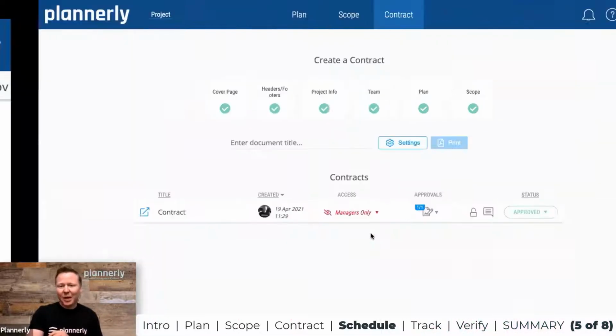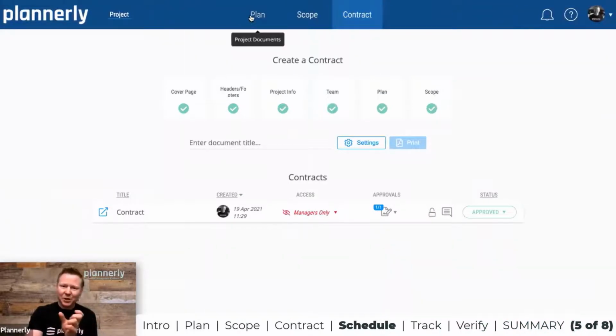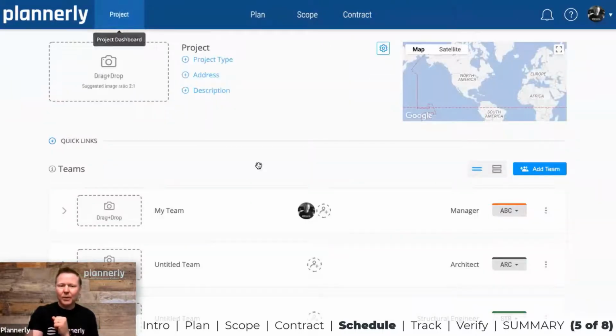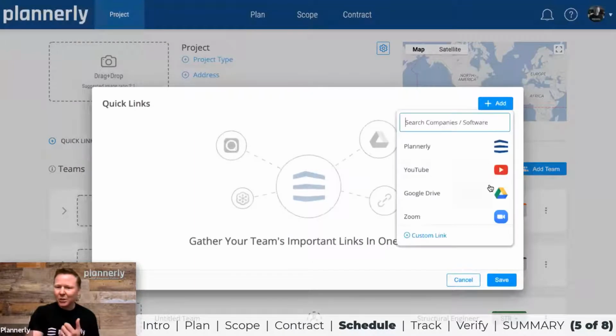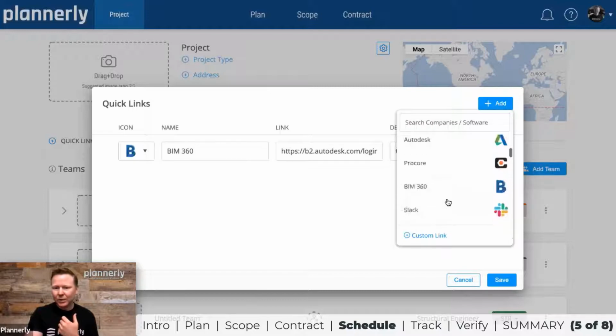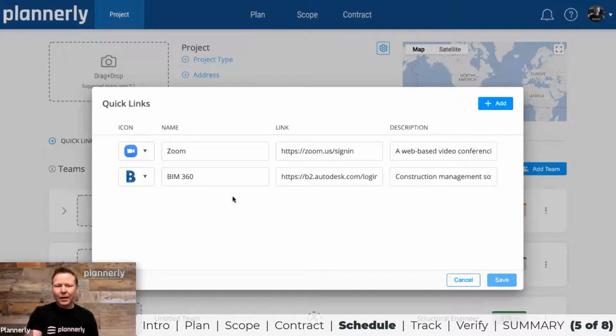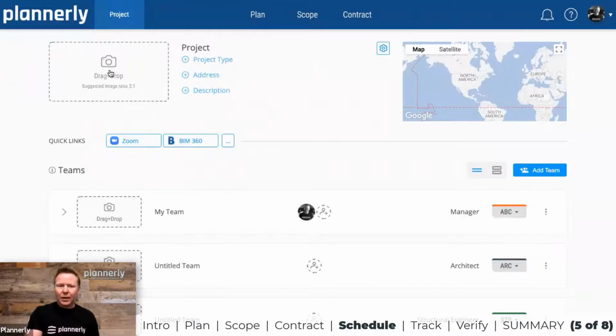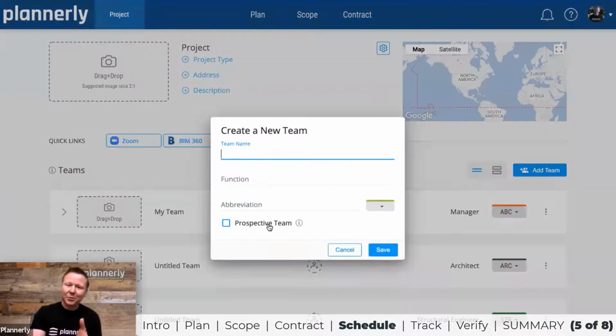But one of the critical parts of the workflow is, and now I'll just jump from these three modules to the project dashboard, this is where we would be adding all of our teams and team members, and also defining project details, defining links out to other documents, other tools that we're using. Maybe we're using BIM 360 and Zoom, and we have some links out to those tools. We can add a project image that will show up everywhere else. We can define the teams. We can reorder teams so that they will show up in that order in other places. A whole bunch more that we can go into about adding prospective teams.